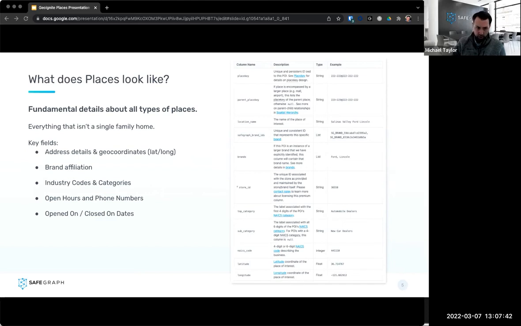Also, just for the sake of clarity, this is not necessarily business registration data. This is places data, and I think there's an important difference there in that we're actively screening for actual destinations. Business registries can include any and all types of businesses, no matter their kind of relationship to the physical world, right? Etsy stores registered to someone's personal address, or a general contractor who doesn't actually have an office, or a consultant with a PO box. All definitely valid businesses, to be sure,